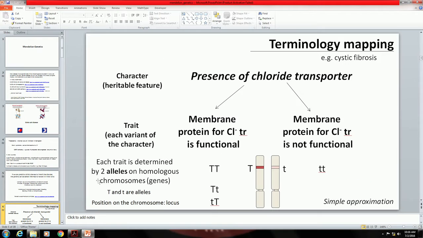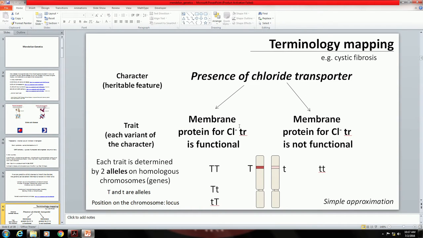Before we went into Mendel's experiments, we needed to map whatever terminology that we use nowadays in the context of genetics to the equivalent terminology that goes with a Mendelian analysis of inheritance. For example, we had taken cystic fibrosis and we said presence of a chloride transporter. This is rather molecular in nature. It could be somebody being tall and short and so on. That could also be a character, which was a heritable feature, and the presence of the chloride transporter,